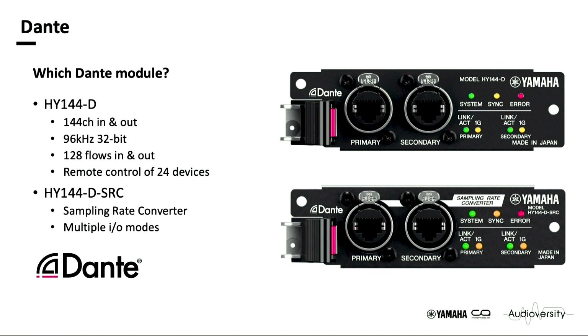The same specifications apply also to the other card, the HY144D SRC. But this card, of course, also has a sampling rate converter. So you can have a Dante network running at 48 kilohertz, for example, and still keep the Rivage system running at 96 kilohertz. It has multiple I/O modes, suitable for a whole range of different applications, depending on type of sample rate or word clocking system you have. So we'll talk through a few